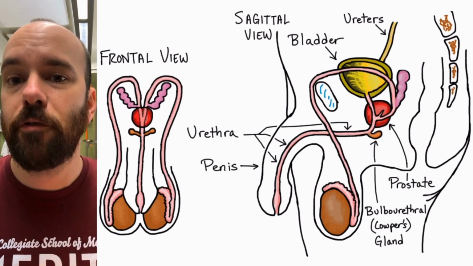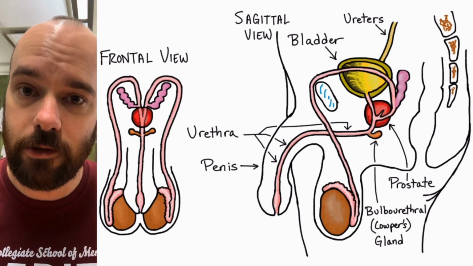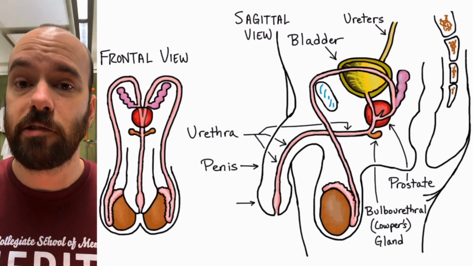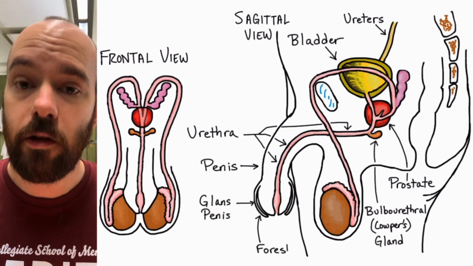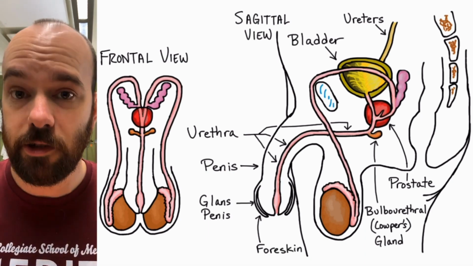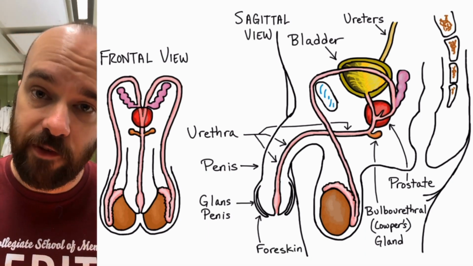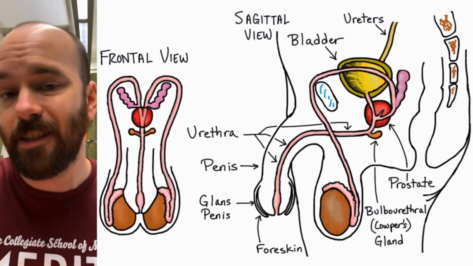Basically, the sperm travel through the penis and outside of the body during ejaculation. The end, or the head, of the penis is referred to as the glans penis. And here surrounding the glans penis is the foreskin, which sometimes gets removed during circumcision. If we want to follow the path of sperm traveling from the testes to the outside of the body, it